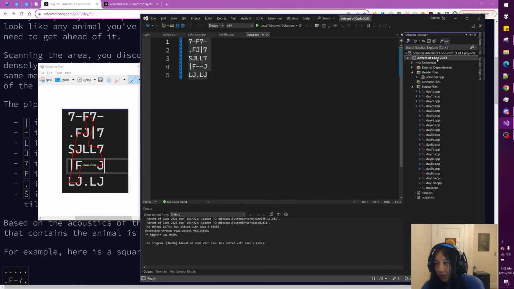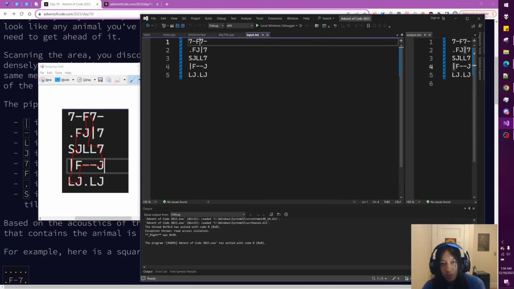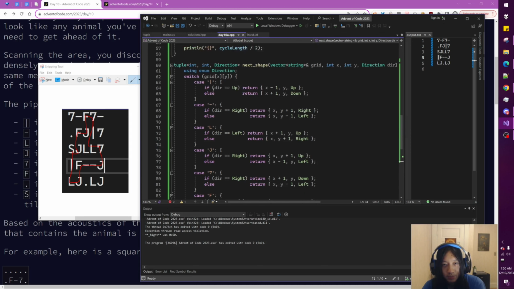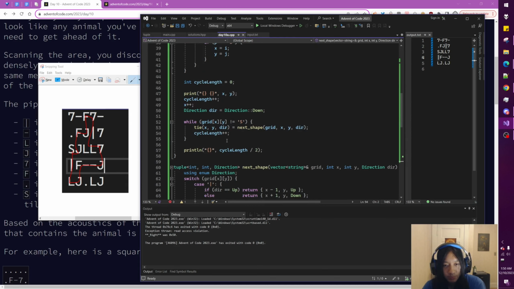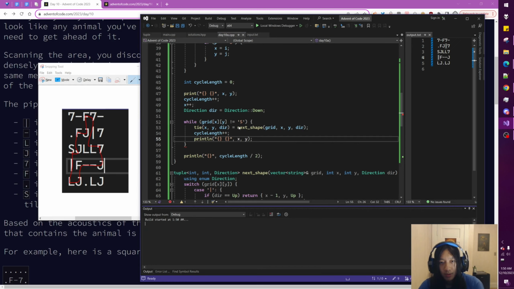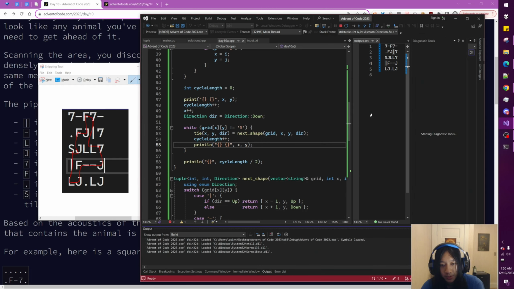So I would like to keep track of our X and Y at least. I don't know if it still does writes, if it crashes, but